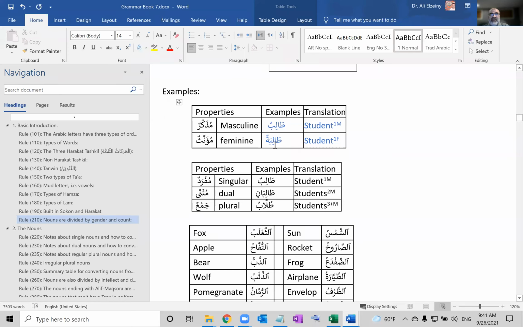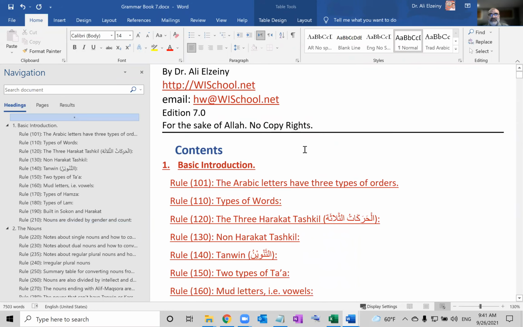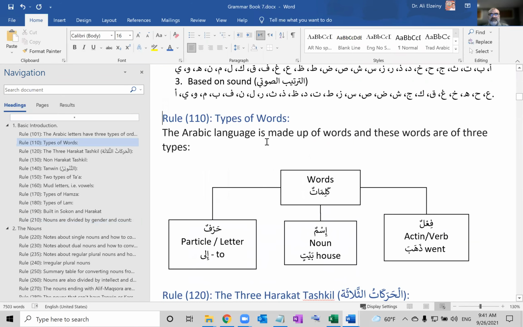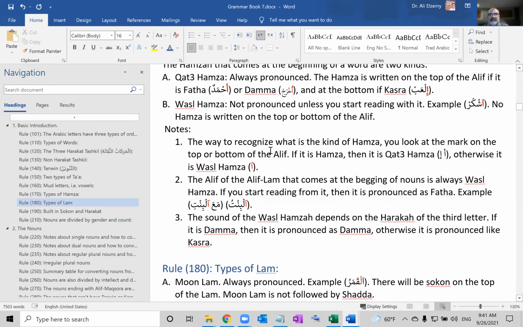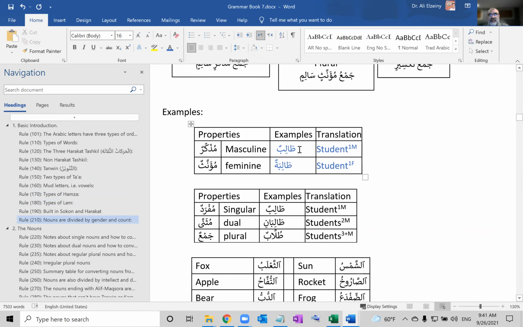In the English language, both mean student. Both nouns mean student. So in order for us in the English language to determine whether it's male or female,